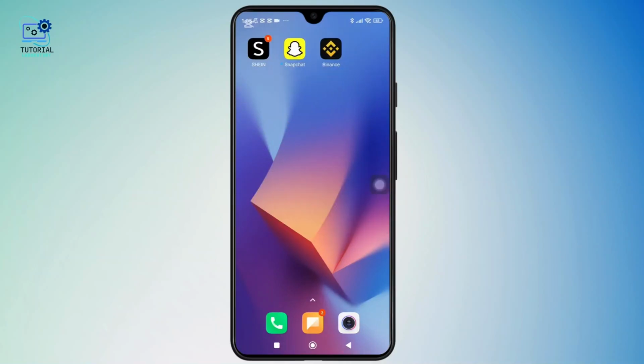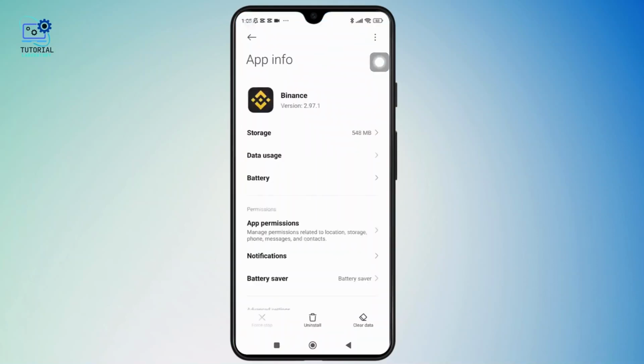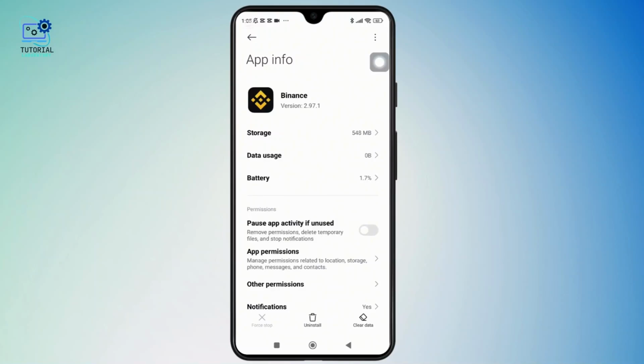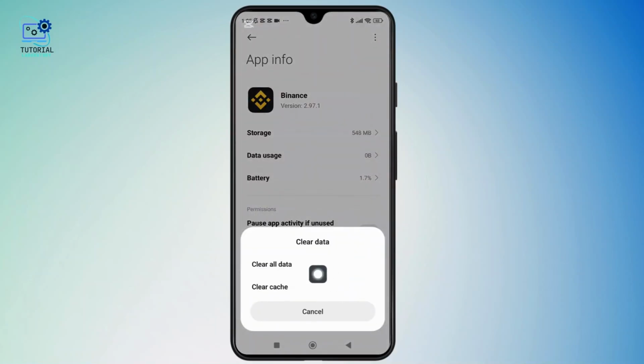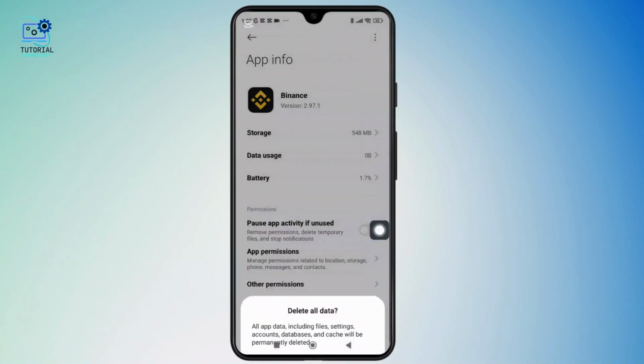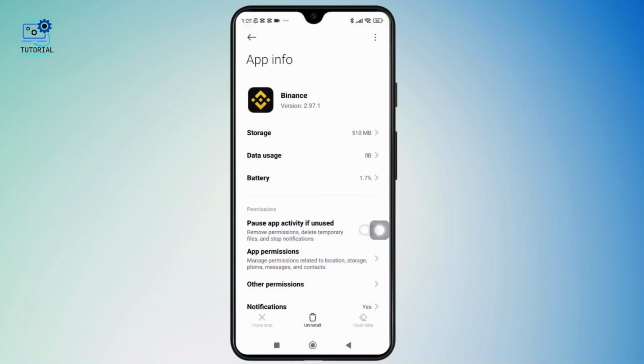Let's start with method 1, that is to clear the Binance app cache and data. To do that, simply long press and hold on the Binance app icon, and from the pop-up menu tap on the option labeled app info. After that, you'll be taken to the app settings. In here you can tap on the option labeled clear data at the bottom right corner of the screen, and after tapping on that a pop-up menu will appear. From that menu you can tap on both clear data and clear cache, and after doing it